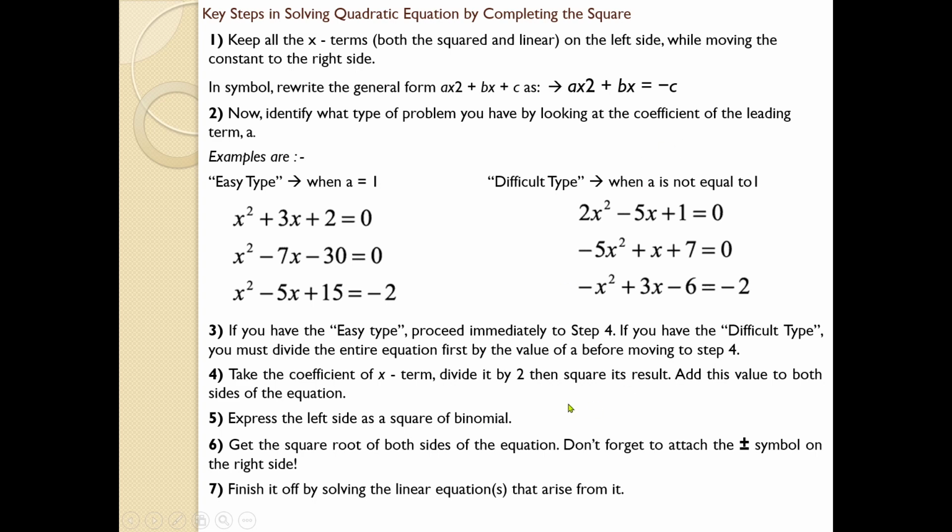Anyway, this is a most difficult method and it is not widely accepted, but for the time being you should have an idea about how this completing the square method is followed. Since you have learned about all the quadratic methods, as a commerce student you should have an idea about why this completing the square is followed to solve a quadratic equation. Anyway, let me show some of the cases.